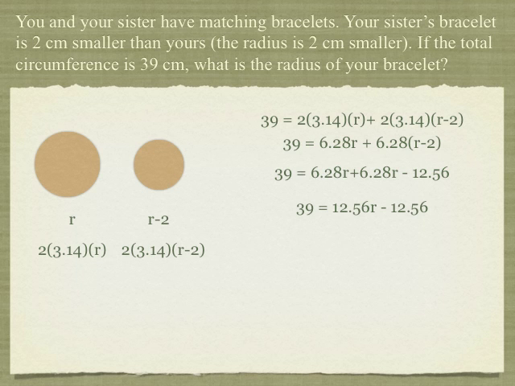39 is 12.56r minus 12.56. I need variable terms on one side, number terms on the other. So I add 12.56 to both sides and divide by 12.56. So I have r is equal to